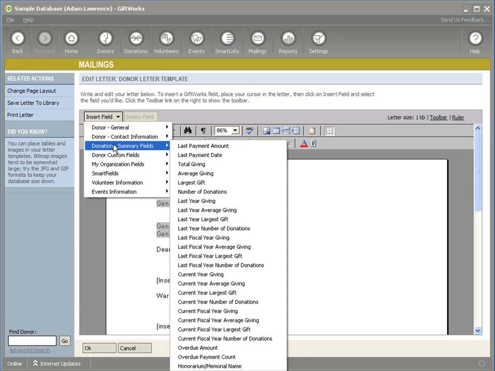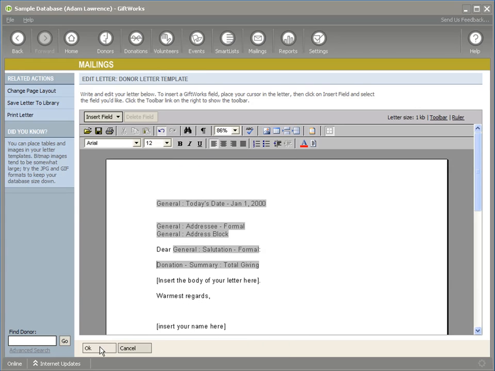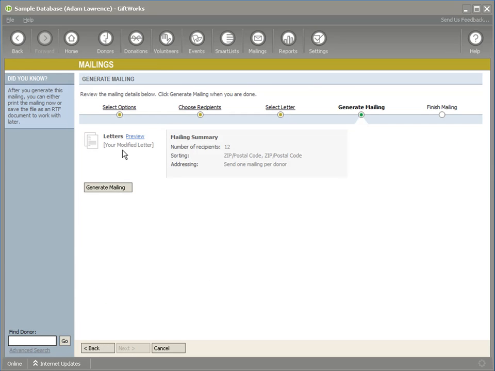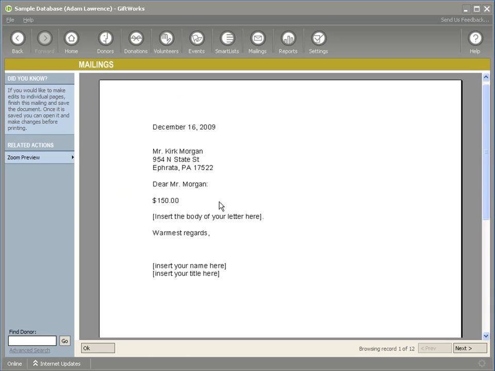I only have this donation summary information. So again, I can put his total giving on, and I just want to demonstrate this by clicking OK and show that if I preview this, even though this started with a donation smart list and had a list of donations for Felix, and his Friends and Family campaign donation was a subset of his total donations, when I preview this,